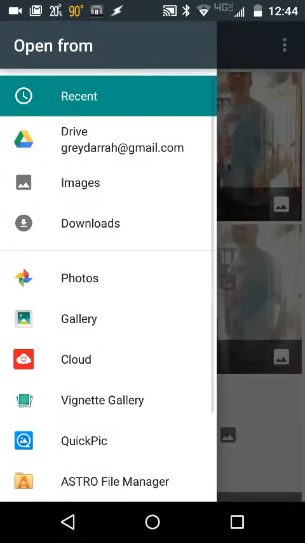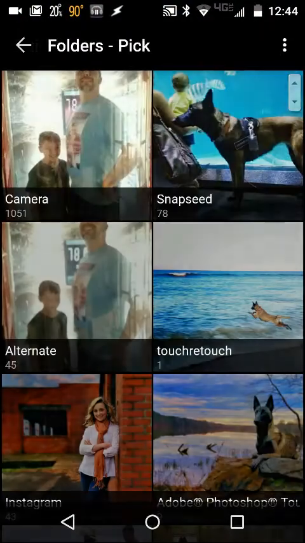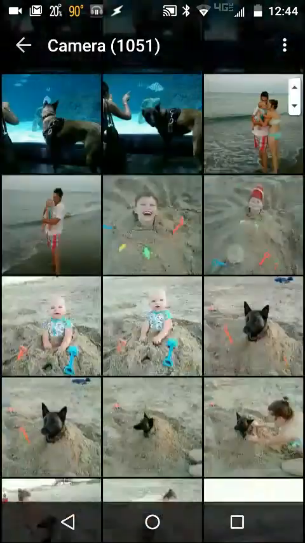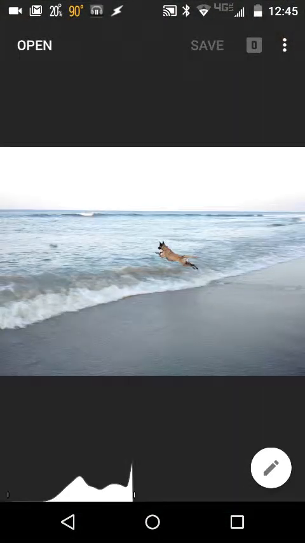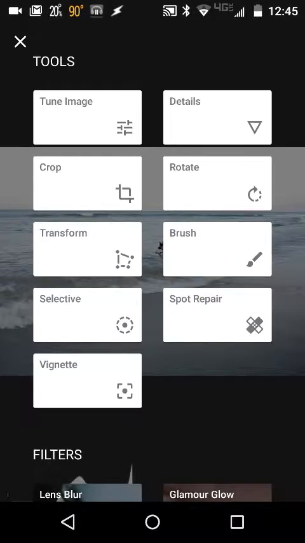You can open it up, go into whatever Photos app you might like to use. Let's pick an image. We'll go with this. And down here in the bottom right hand corner is a little pencil icon for editing. So you hit this, and these are things I like to do. I go to Tune Image,